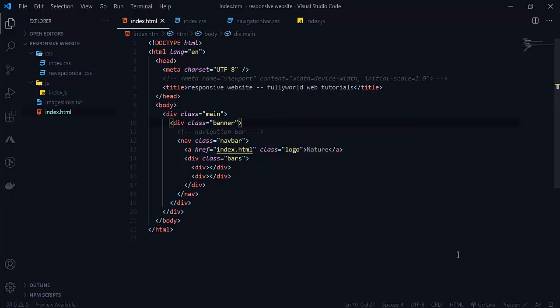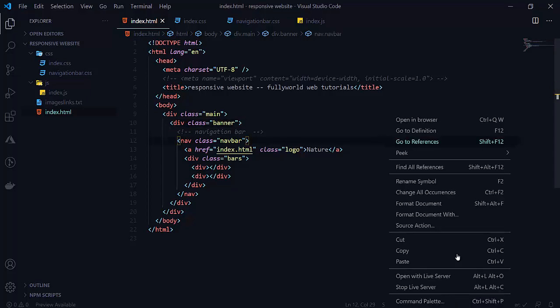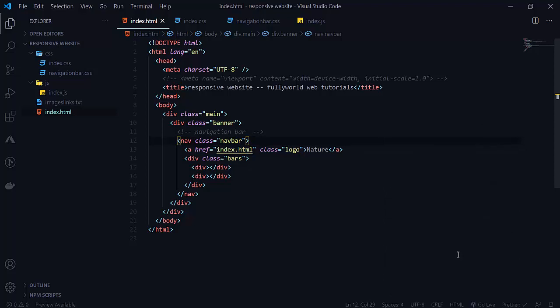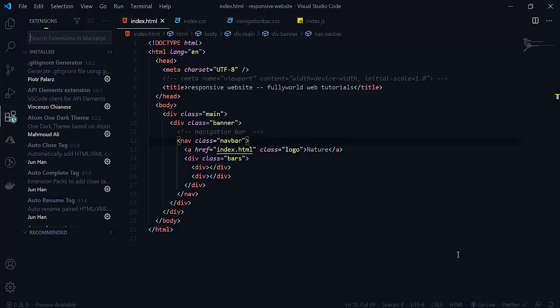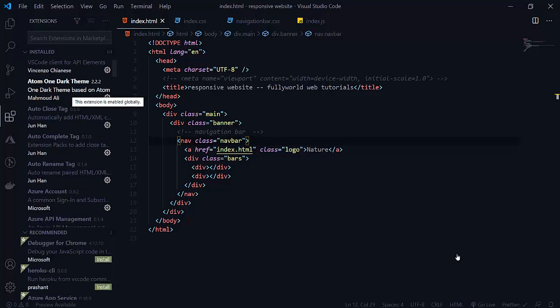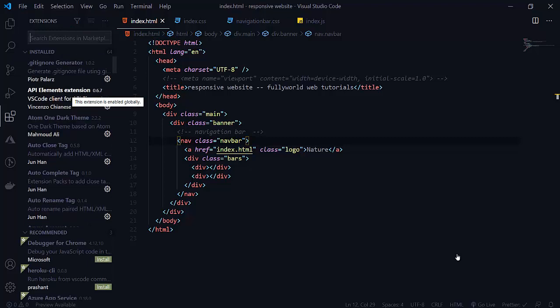Now let's open this in the browser. I will open this with the help of live server, so we will not need to refresh our browser. Simply click on go live, or right click and then click on open with live server. For this you need one extension, so simply go to extensions and search for live server.